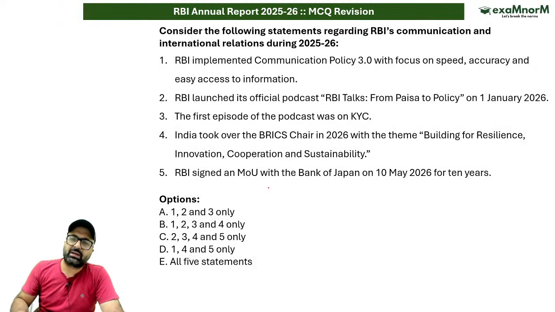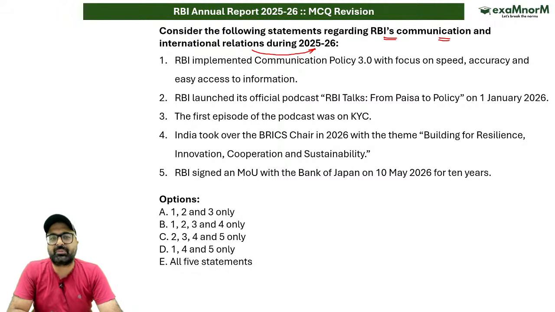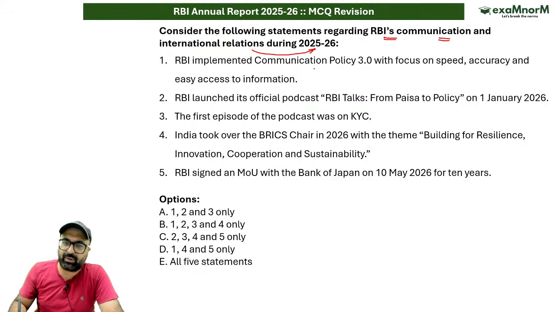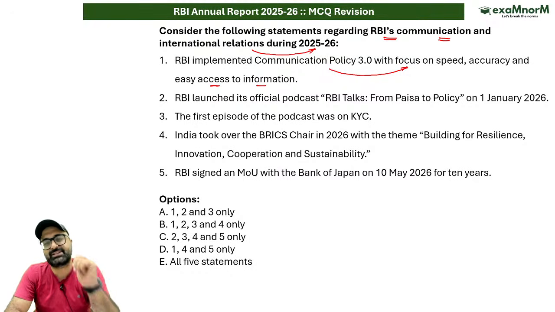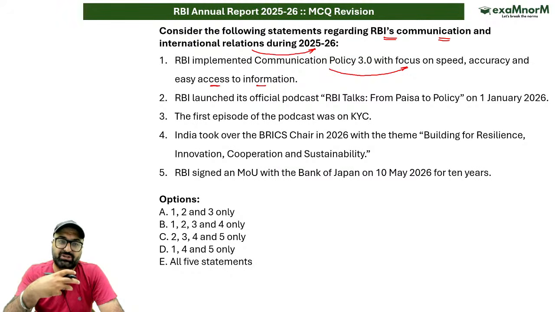The next question talks about, consider the following statement regarding RBI's communication and international relations during 2025-26. So in terms of RBI communication, sir, RBI has implemented communication policy 3.0 with focus on speed, accuracy, and easy access to information. Is there any kind of initiative which has been taken by RBI? The answer is absolutely correct. So during 2025-26, RBI has implemented communication policy 3.0 in order to increase the speed, accuracy, and easy access to the information. It has strengthened the outreach of RBI, and outreach of RBI has been strengthened with the help of